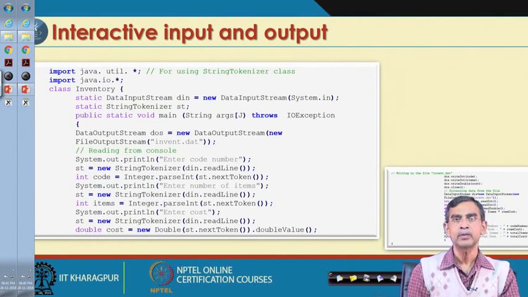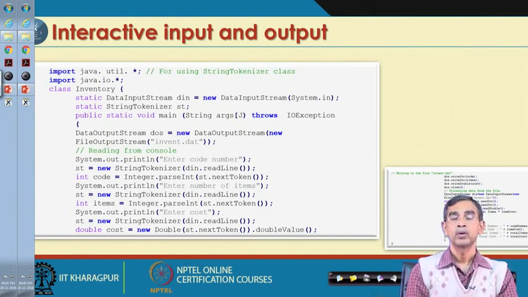Now, here we want to read a particular item from the keyboard, and we will read it as a stream. For this, there is a class called StreamTokenizer. It will basically read a stream as tokens, so that is why it is called the stream tokenizer.